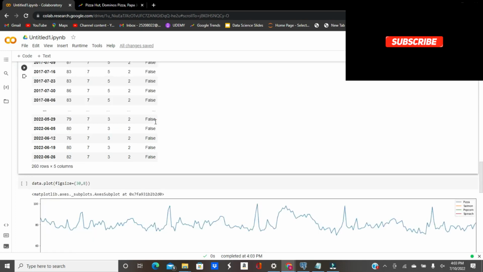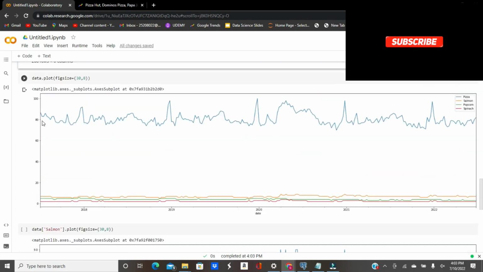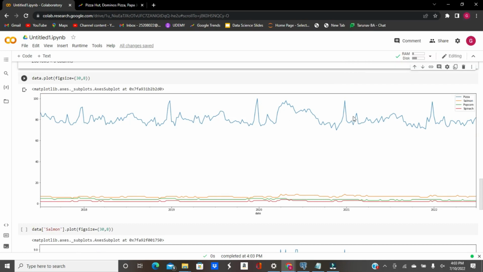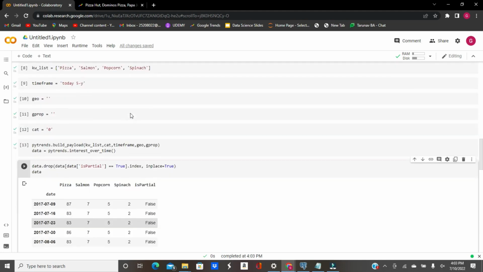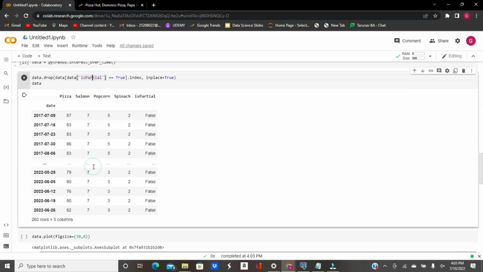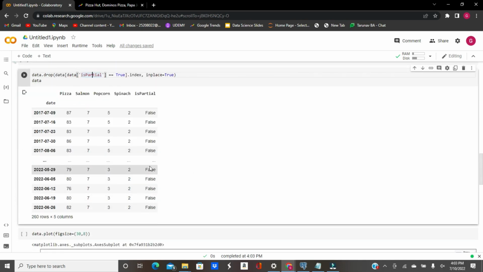And this is what would happen to your graph. So let's take the blue line, for example. It would be going straight. But then since we have partial data, it's going to go to 0. This would screw up our predictions and screw up our model's accuracy. So that's why we drop is partial. But when the data is not partial, that's actually solid data, then when we rerun it, it adds the new